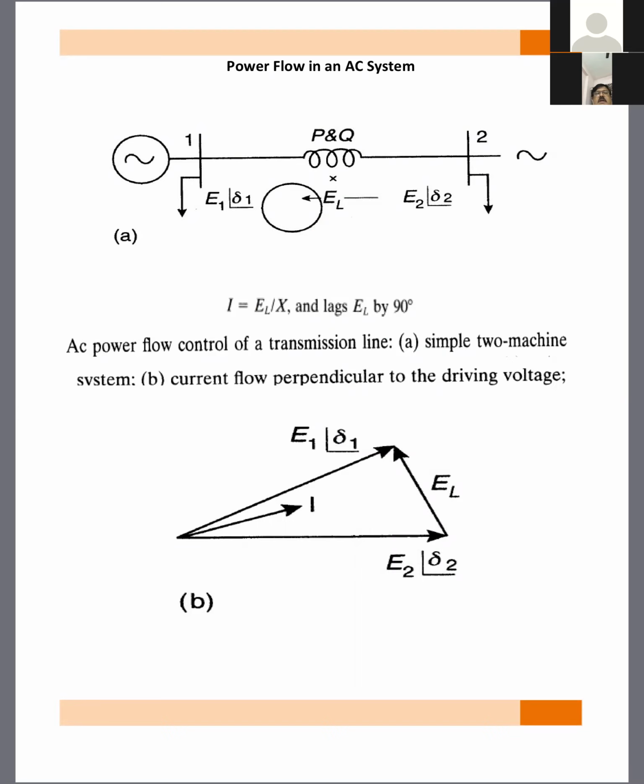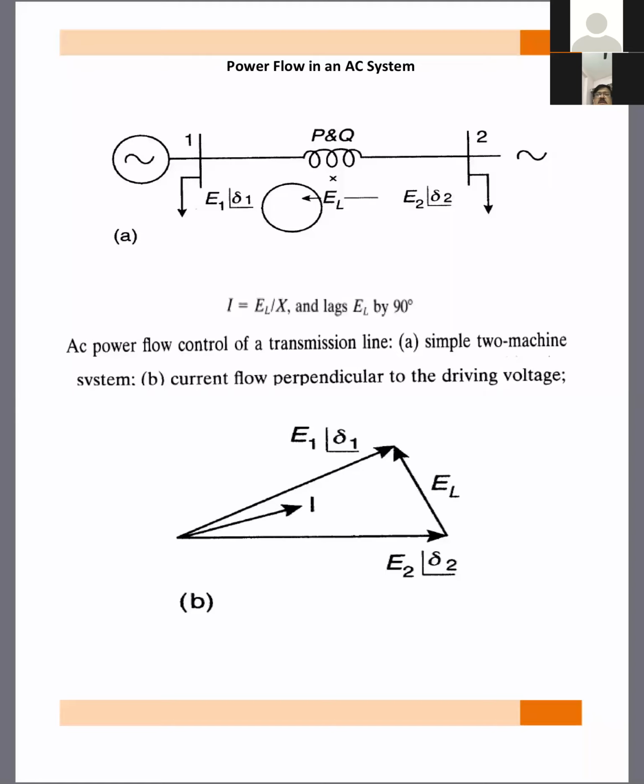This is a simple single line diagram having two machines. It is famous in power systems and is called the two machine system. To discuss power flows in a simple case, we take this two machine system. We consider two machines, one at the sending end and the other at the receiving end, and in between we consider the transmission system as a simple power system.